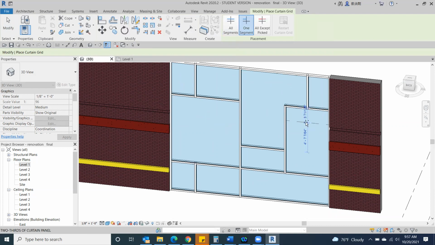So if I wanted that to be 5 foot, that could be exactly 5 foot. If I go back and click on this one, and I wanted this to actually be like 2 foot, I can change that there as well. But notice when I change that